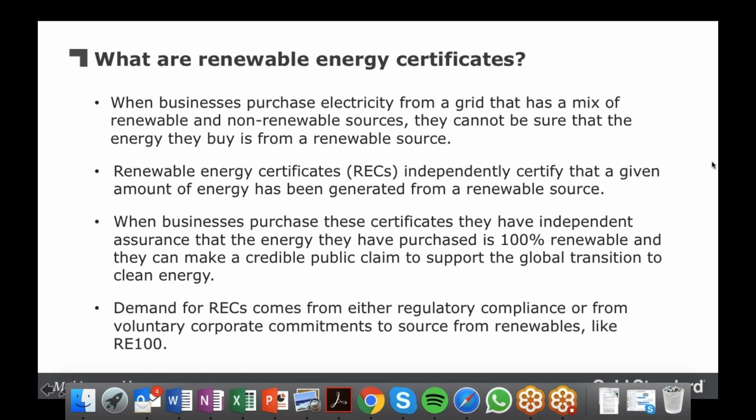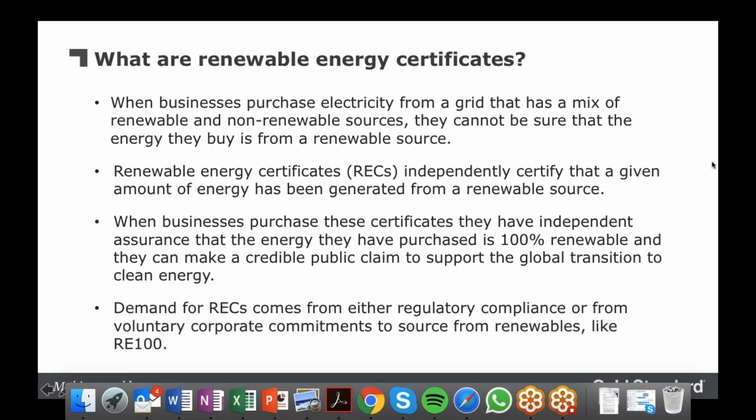Most of the demand for renewable energy certificates comes from regulatory compliance, and it really varies from country to country or region to region, or from voluntary corporate commitments to source from renewables.